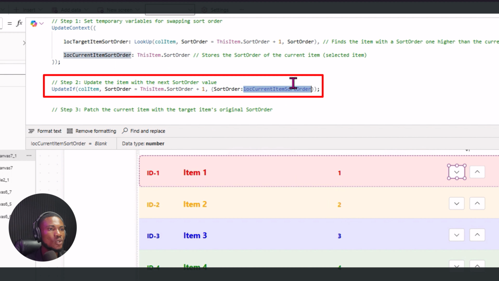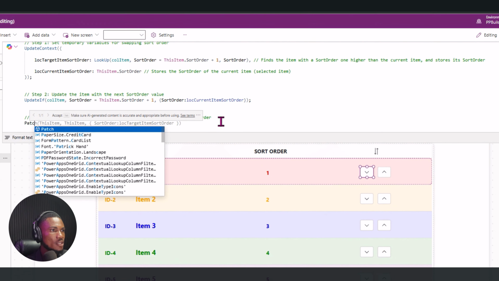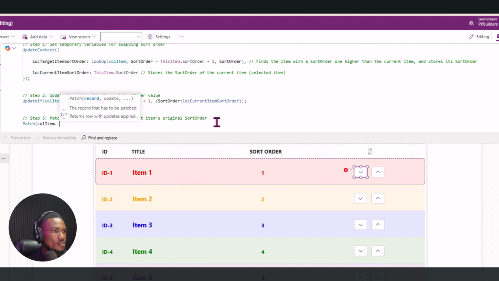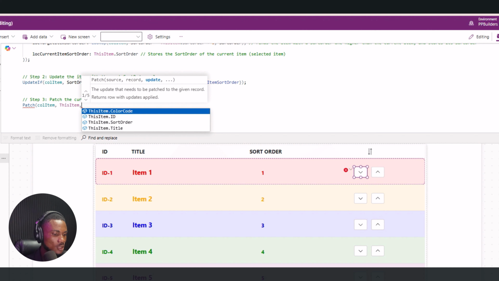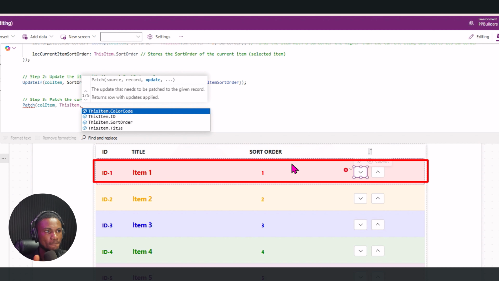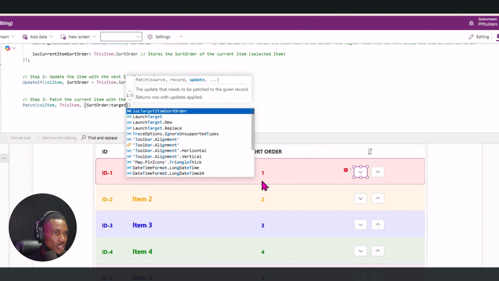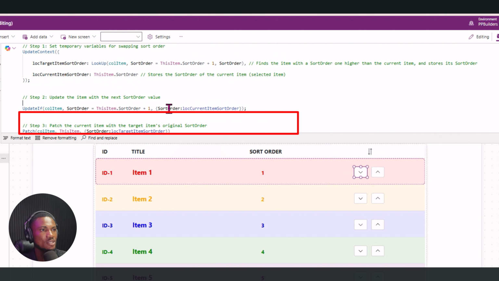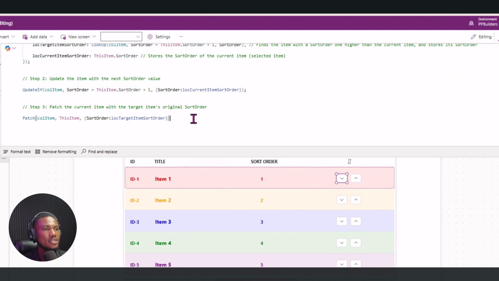So it's going to swap 2 to 1 at this point. Then on step 3, which is the final formula, I can use the Patch formula here, Patch(colItem), and I'm going to be patching this item, which is referring to the current record that is being selected. Then I would also update the sort order field here, so I get ThisItem.SortOrder. So those are the 3 simple steps that we need to get this working, and let's test this out to